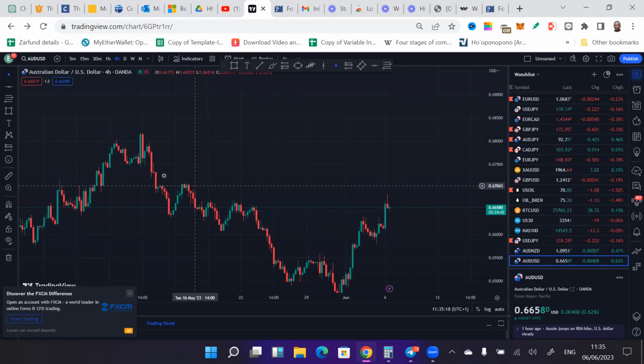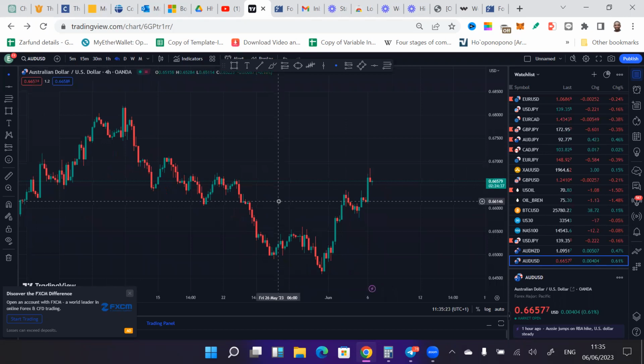Now, every candlestick you're seeing here is giving you data, and it's historical data. That means data that has passed already, but it's telling you what happened in the market previously. And you want to understand what happened in the market previously, because if you understand that, there's a tendency for you to be able to understand what's going to happen in the future. Okay, so